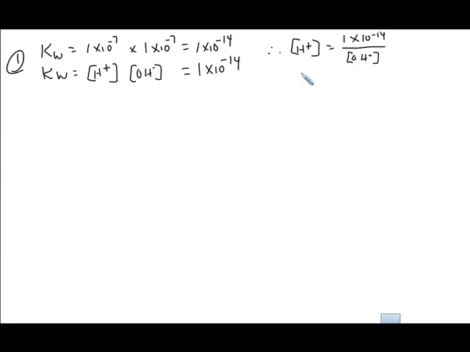If it gives you the hydrogen ion concentration and asks for the hydroxide ion concentration, then it becomes 1 times 10 to the negative 14 divided by the hydrogen ion concentration, right? These are the practice problems on page 502, I believe. I'm going to call this item 1, and we'll call these 1A and 1B. This is the fact, and this is the way you'd use it.